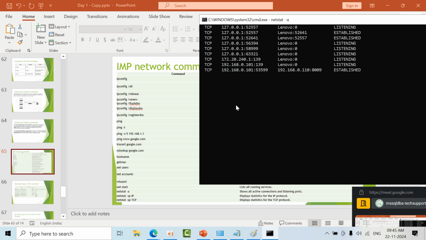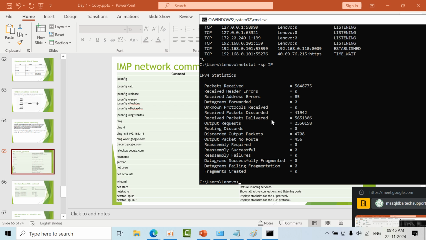There is one more chapter on configuring best practices. We will discuss more on this. Okay, and sir, I am having a network issue. How can you confirm? You can use the ping command and it will tell you the live status, but it will not tell the history. So for that you can use netstat -s -p ip. Now you can see the data received, header errors 0, packets, all this information. If you see that, you will get some clarity whether you are having network issues or not.